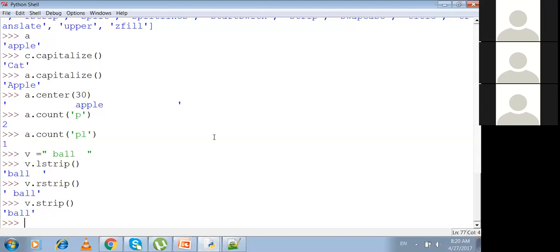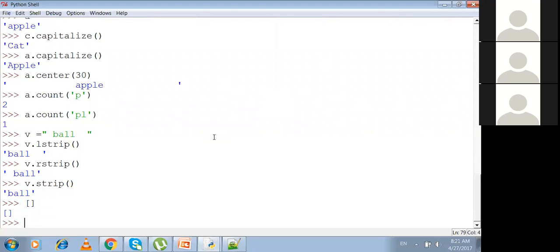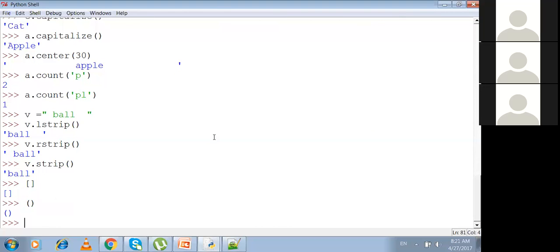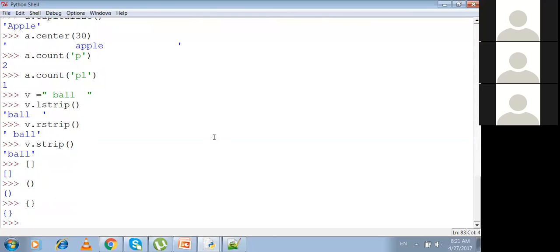See, numbers we don't have any issues, and everything inside quotes will be considered as a string, and anything inside the square bracket will be considered as a list. Like an array, you have heard, right? Vectors, arrays, but it is a heterogeneous collection. It can have any data type, and anything inside this bracket will be considered as a tuple data type, and anything inside the curly bracket is considered as